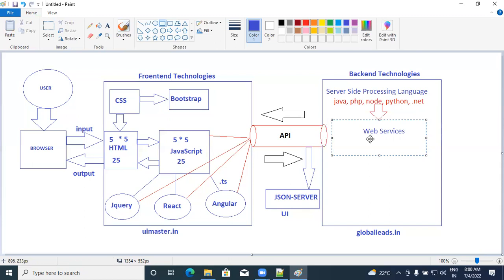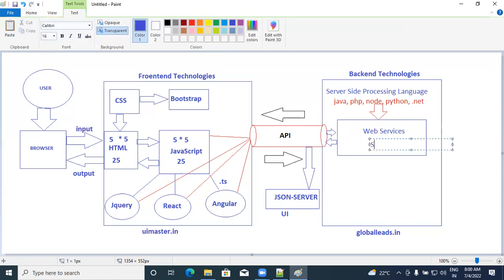Okay, let it be a little rough, no problem. This web service will be getting the data from here as an input, and the web service will be giving the output here, something like this. So you saw, the web service is taking the input from where? Through the API. The web service is giving the output to whom? To the API. Now this web service, if you are using a database, there you have to